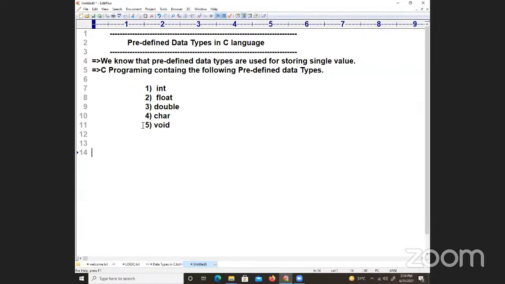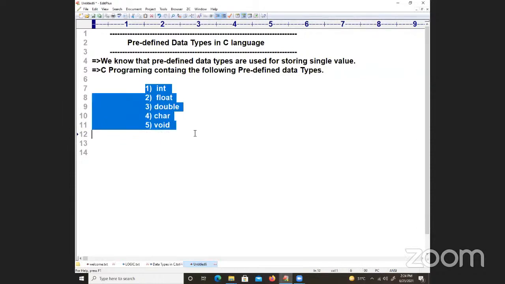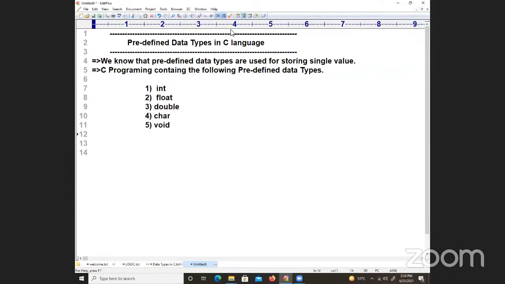So coming to the point of it, void is also one kind of data. Don't compare with other kinds of languages when you are learning this discussion. I hope that you people are understanding what I'm going to classify. After a few minutes, you will get the clarity of this int data. Okay? So let me talk about the int data type first.